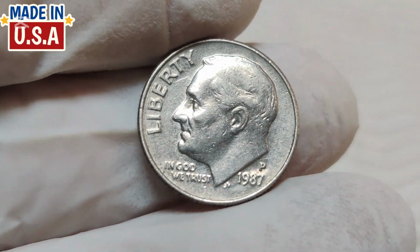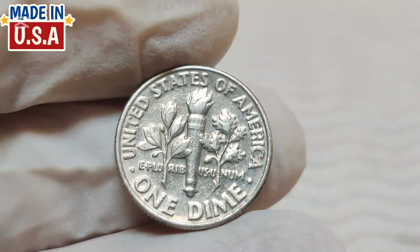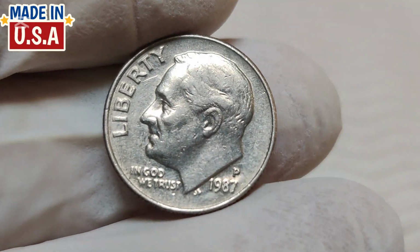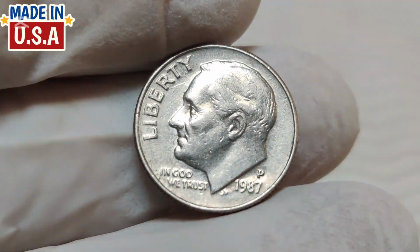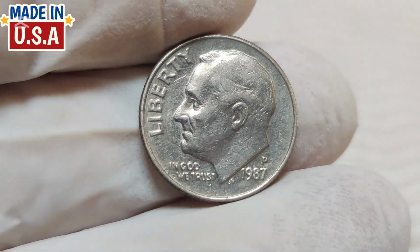Segment 2. The history behind the Roosevelt dime. The Roosevelt dime was introduced in 1946, just a year after the death of President Franklin D. Roosevelt. He was not only the 32nd President of the United States, but also an advocate for polio research. In fact, he helped found the March of Dimes, an organization that originally fought polio and now supports maternal and